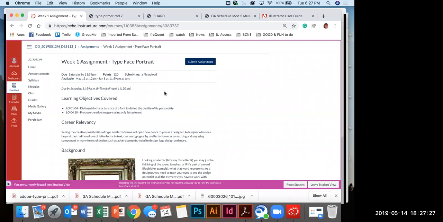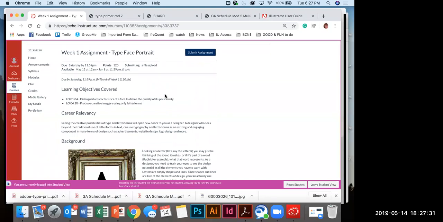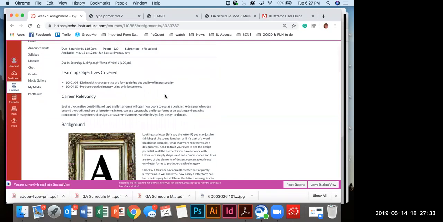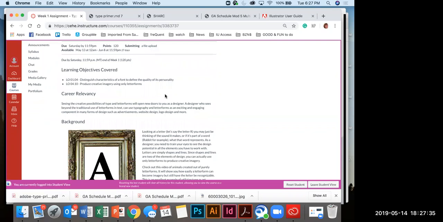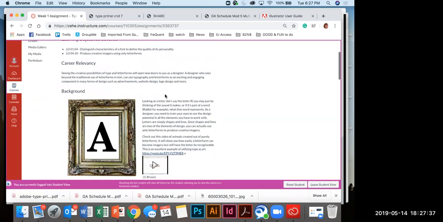All right, so for the assignment, you are going to create a typeface portrait. And this is going to be kind of a fun exercise just to get you guys used to using the type tools, finding fonts, and taking a look at letters as shapes, because that's all they are. Letters are just shapes,